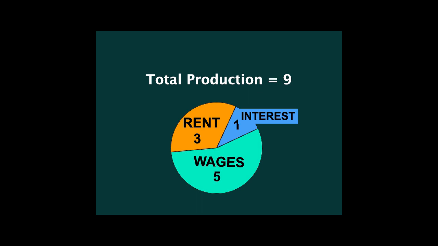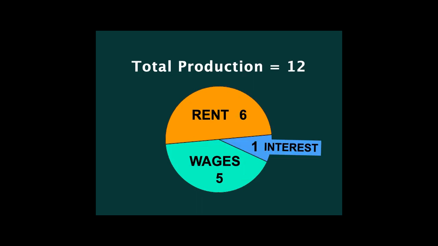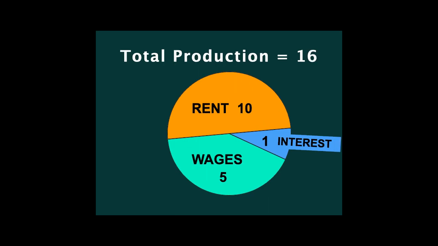Now, by the time George wrote Progress and Poverty, he observed that the tendency had already begun in which all the increase in productivity went to rent, and wages and interest tended to remain constant, no matter how much productivity increased. And I think even though we've intervened by raising the minimum wage, by forcing people to pay you overtime if you work more than 8 hours a day and so on, this tendency remains.